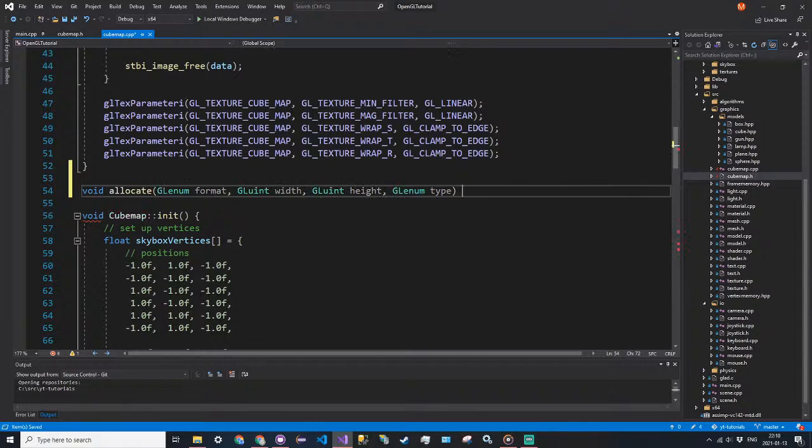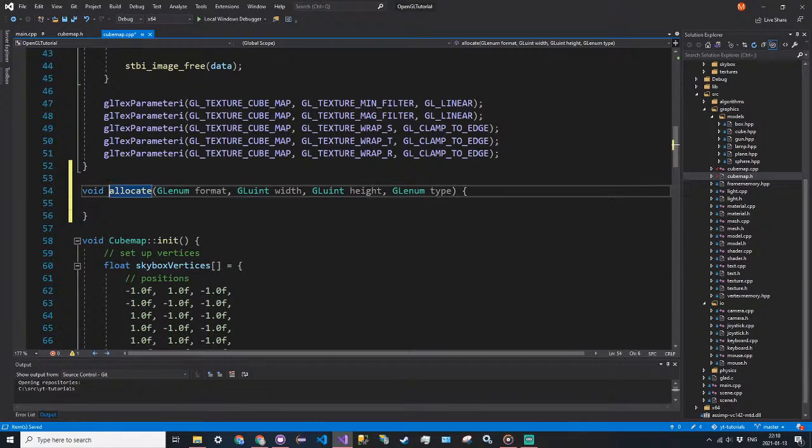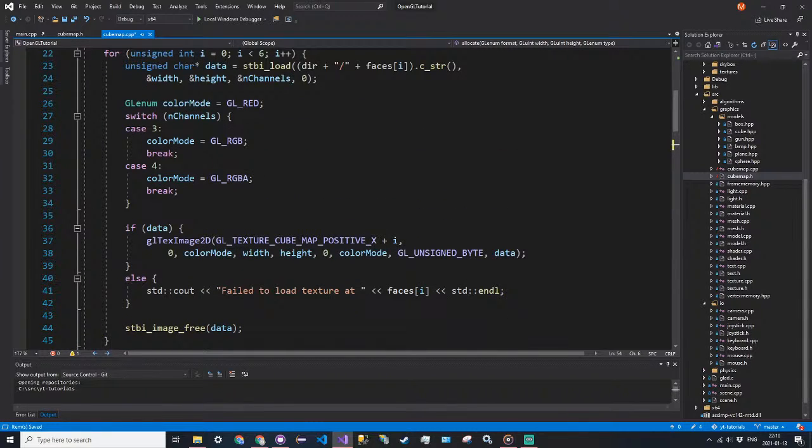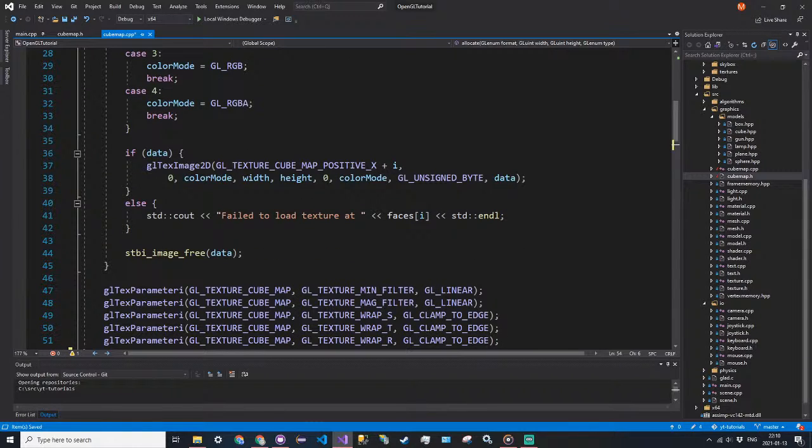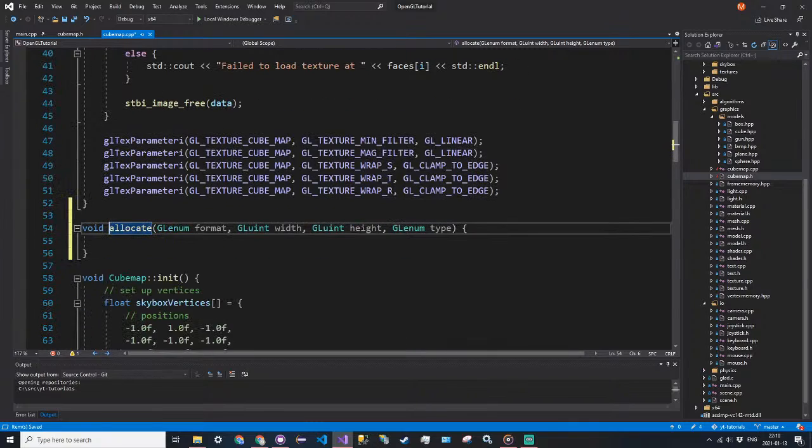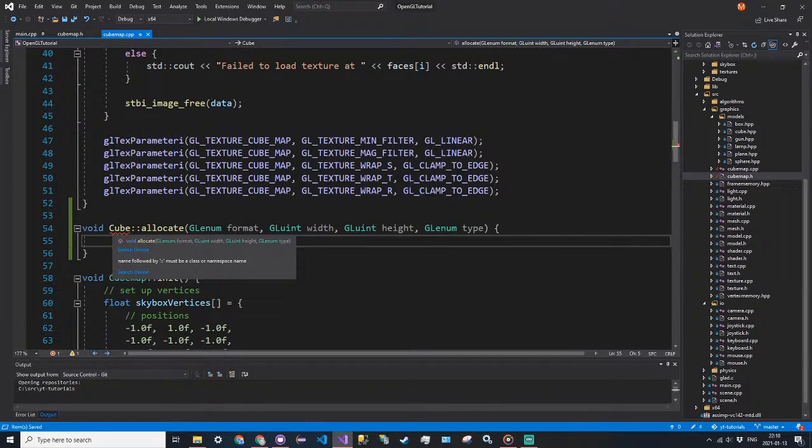So for allocate, the process is going to be a combination of the texture allocation and the cube map texture loading, because we're going to have to initialize 6 texture slots, or 6 texture memory slots. But the difference is we won't be loading in actual images, we're just going to be allocating memory like we do with the texture allocate method. So the signature, make sure to have your cube map class tag. And then here,